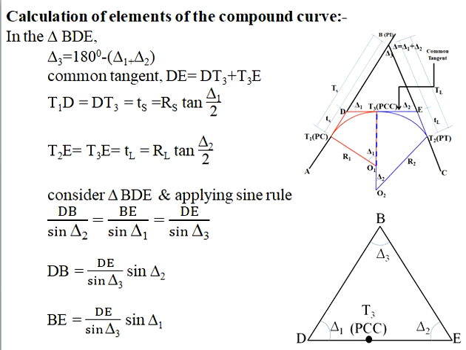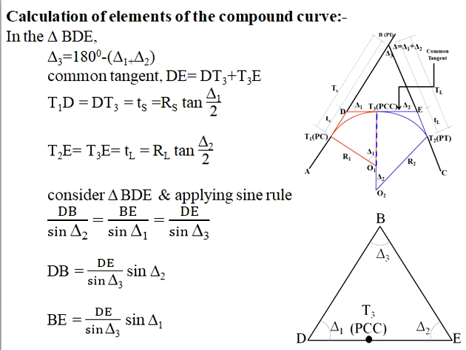Now, considering the next element, the tangent length, for this again we have to go back to the diagram and observe that the back tangent capital TS consists of two parts and forward tangent capital TL consists of two parts, in which one part value, that is the tangent length of each curve, is obtained. Now to calculate the length of the other part, we need to consider the triangle BDE again, and by applying sine rule to that, DB by sine delta 2 is equal to BE by sine delta 1 is equal to DE